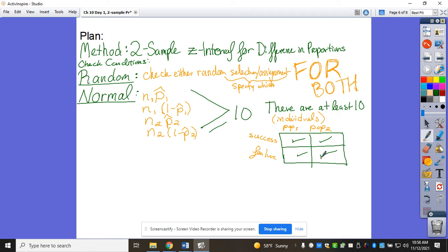Now, does that mean you have to do that? No, you can still write it out in words, but that just saves a whole lot of writing. And I still have to end with